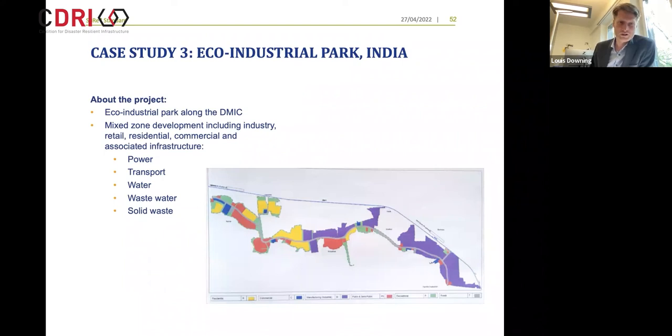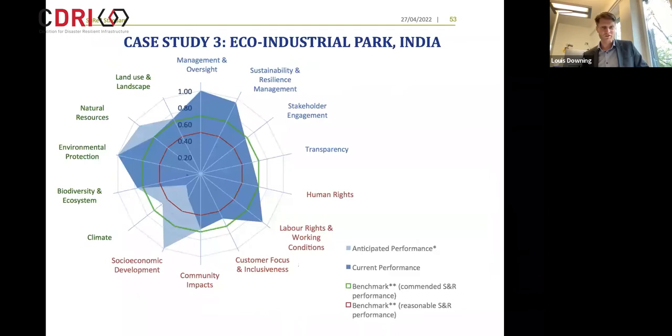Basically a mixed zone development, including industry, retail, residential, commercial, and all of the associated infrastructure. So electricity, transport, water, wastewater, solid waste, etc. I won't do a poll. I'll just jump straight to the results